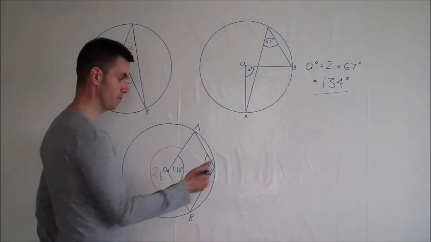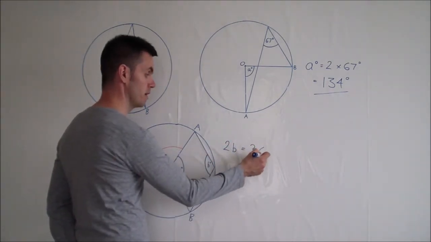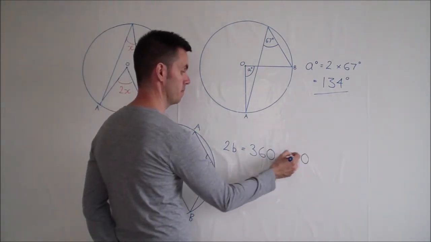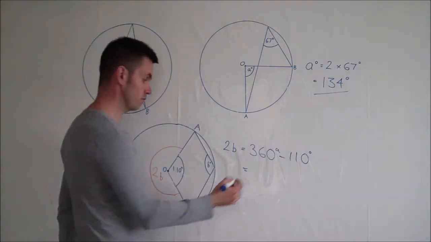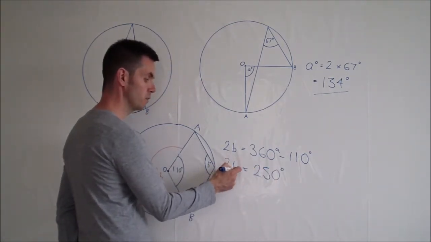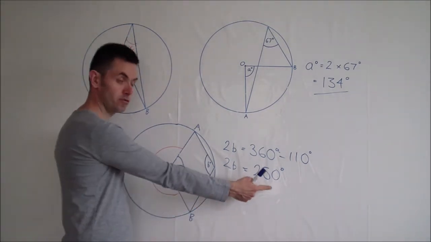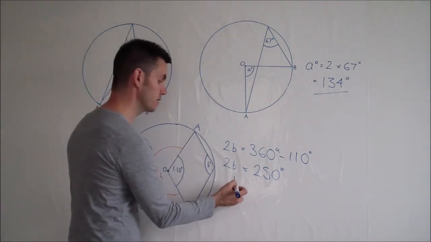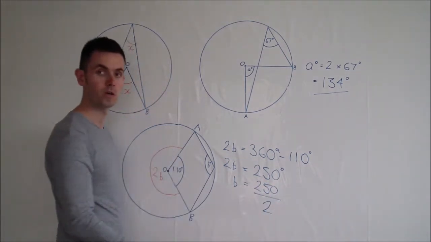So 2b is going to be equal to 360 degrees minus 110 degrees. And the answer to that is 250 degrees. So 2b is equal to 250 degrees. And if 2b, this angle, is 250, then b, which is half the size of 2b, obviously, is going to be equal to 250 divided by 2, which is equal to